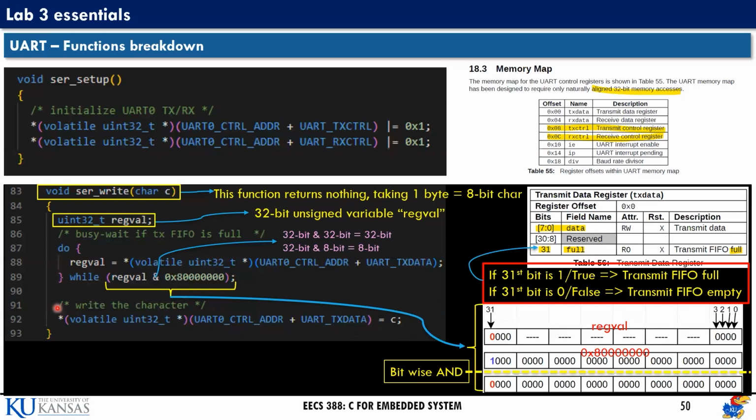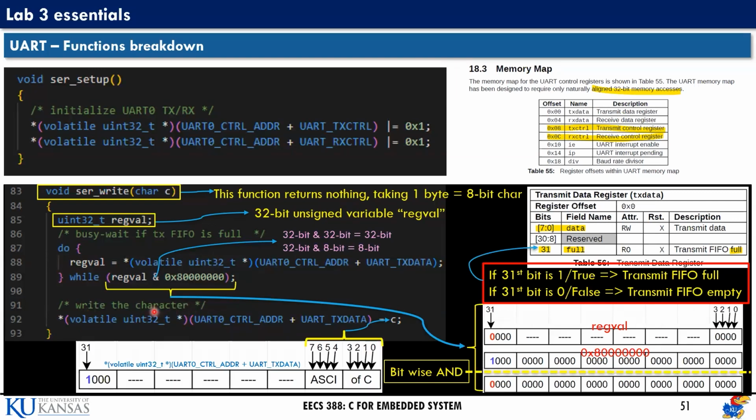So after executing this line of code, what we are going to observe in the TXDATA register, in bits 0 to 7, is the ASCII value of C. And obviously, once we